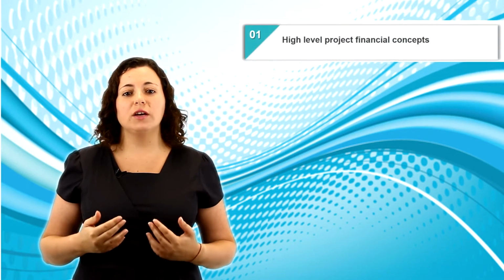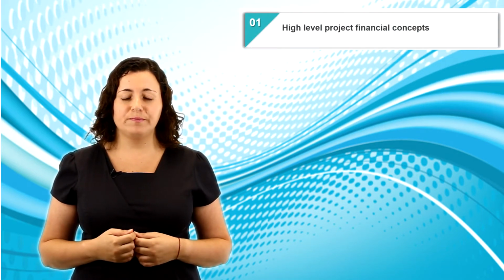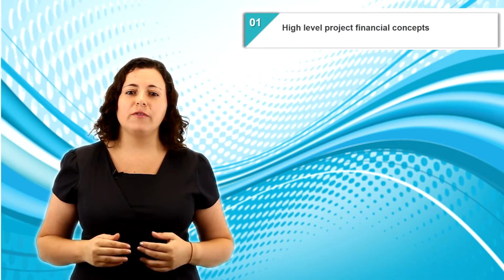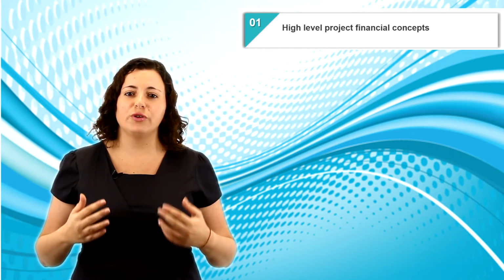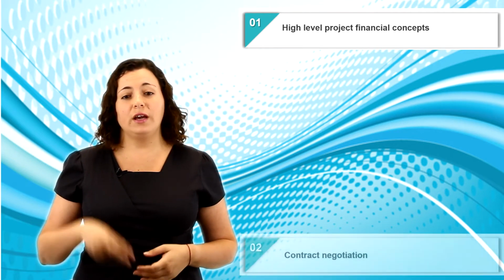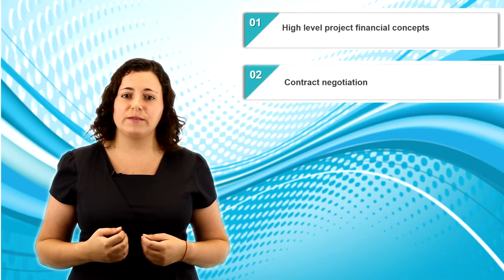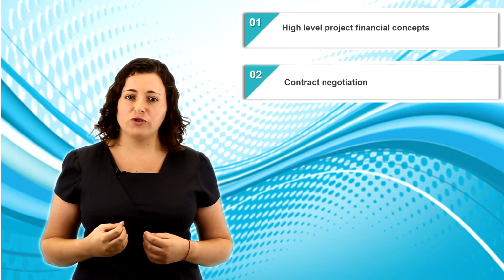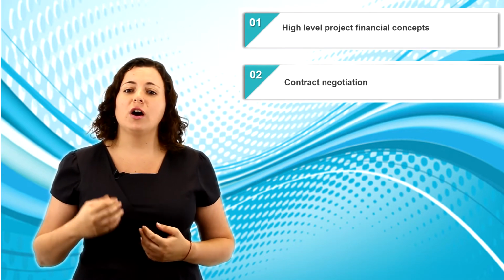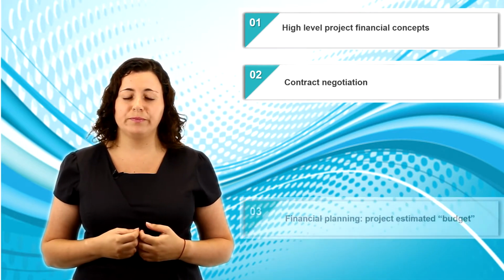In the full-day Finance for Scrum Delivery course, we will cover 5 key topics. First, we will deep dive into some high-level project financial concepts. Not too deep, but deep enough for you to be comfortable to challenge those giving out money. In the second topic, we will look at contract negotiation implications and what the different types of contracts mean for your project, along with what works in industry.